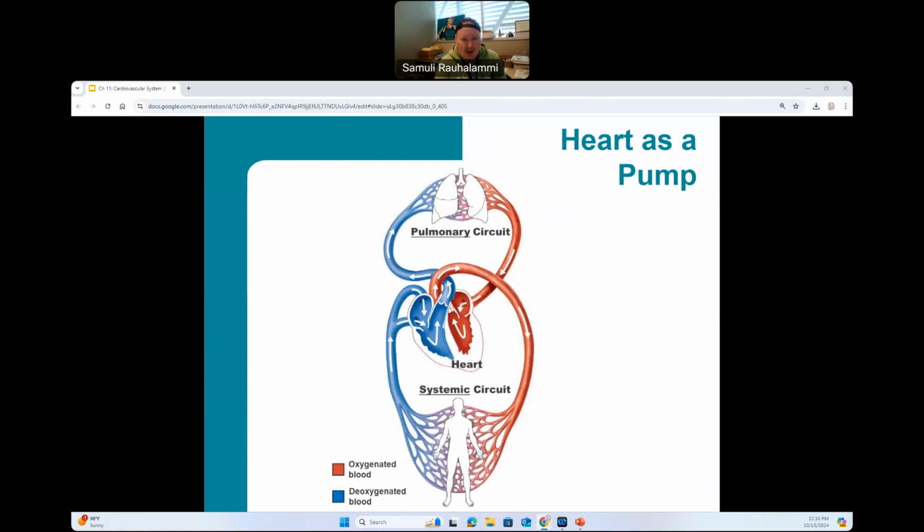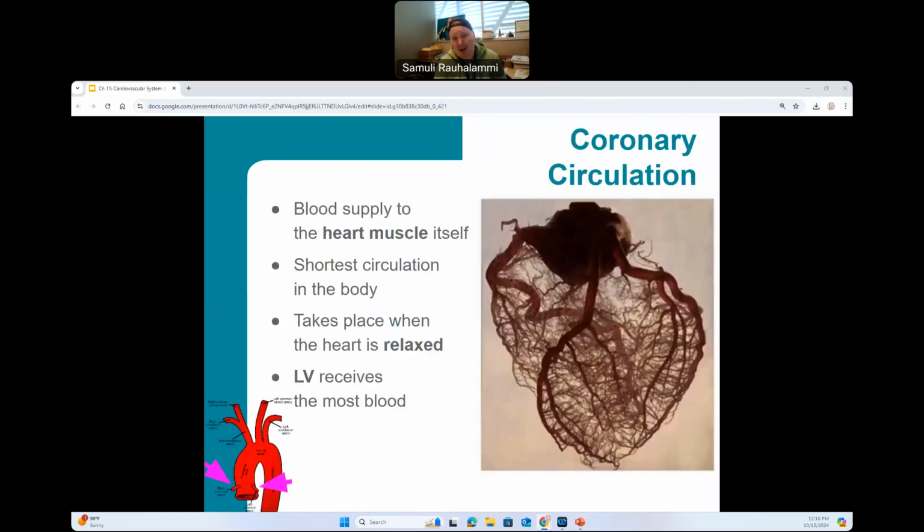Let's again continue. And now I want us to think about the heart muscle wall itself. So just like any other tissue, the heart muscle itself needs a constant supply of oxygen and nutrients and removal of carbon dioxide and other waste products. So we need to find a way to supply the cardiac muscle tissue. And interestingly, the blood in the chambers of the heart is not enough to do this. So instead, the heart has its own circulatory system to do this. And this consists of our arteries and our veins.